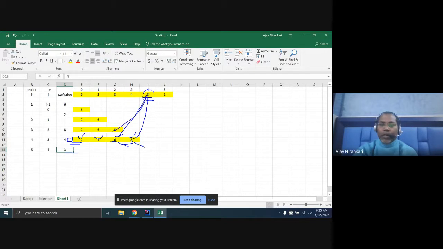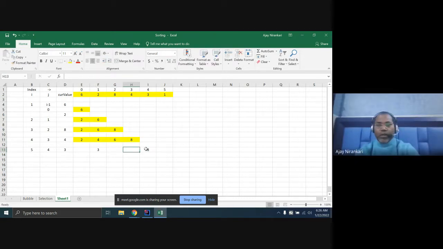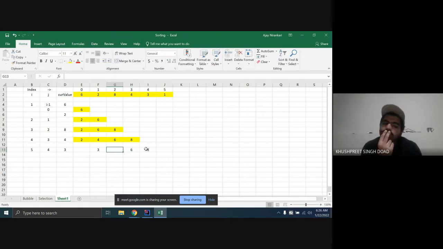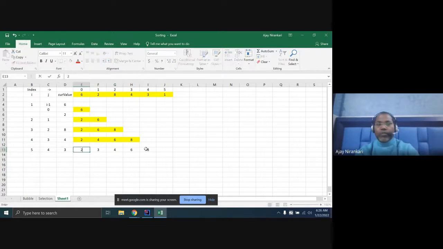Again check current is less than, again shift. Current is less than, no. So this is the place where you put the 3. So you have to put this 3 in this place. Okay. And the rest you have to just shift one ahead, right? 6, 4. And this is your 2.